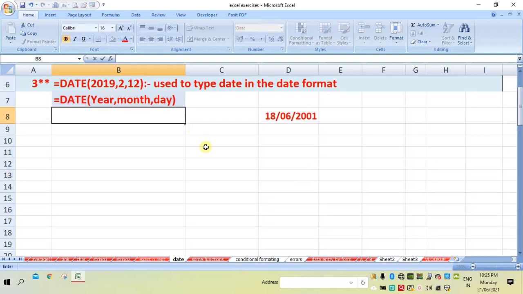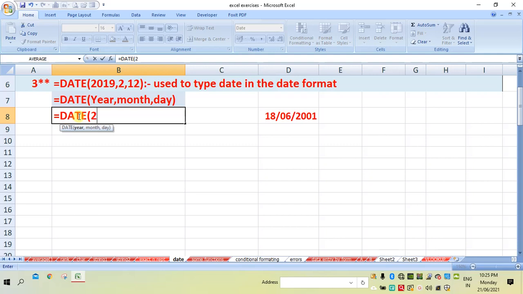Okay, now let me type this date in this cell with the help of the date function. So is equal to, write the date function, and in bracket first we have to write the year.